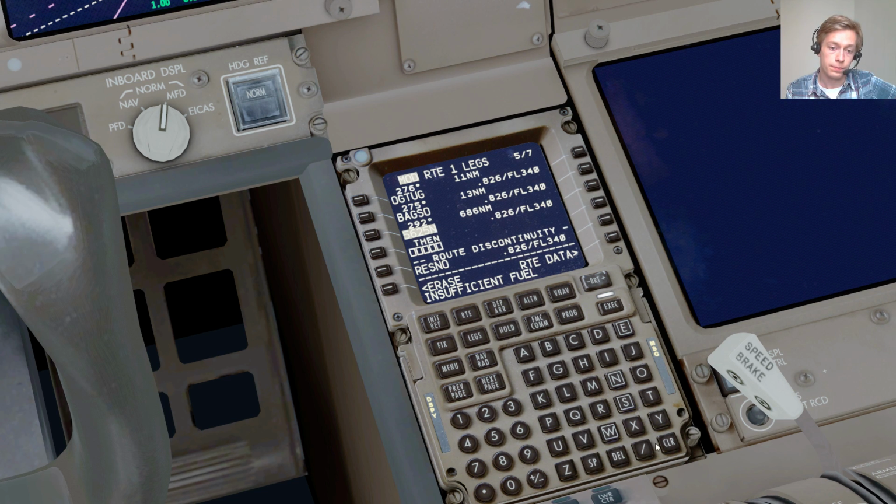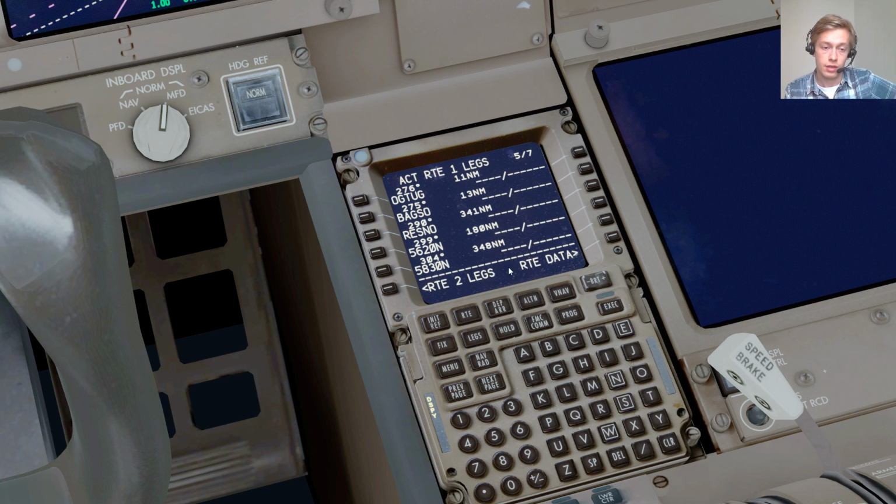Okay, so I'm just going to delete that out of there again and erase this out of the flight plan. Now again, when you just load the flight using ACARS, there should be no problem. Just make sure that all the coordinates are in there. Now what we do want to make sure is